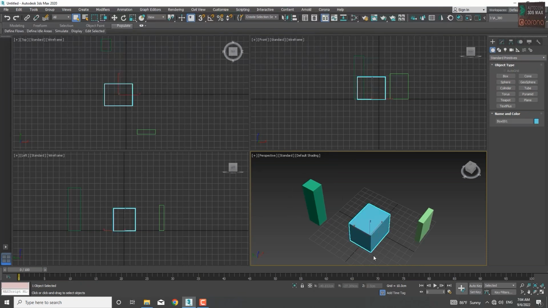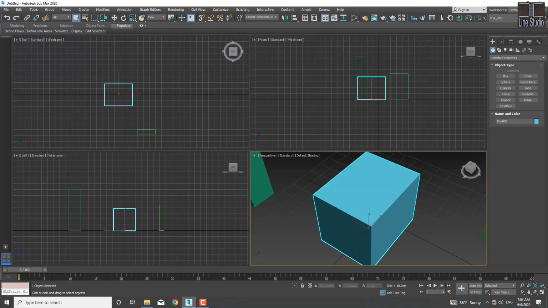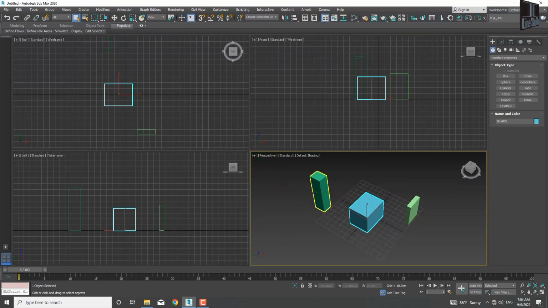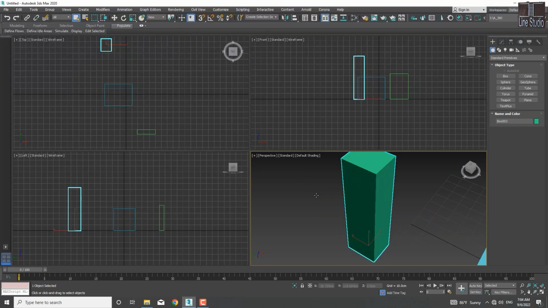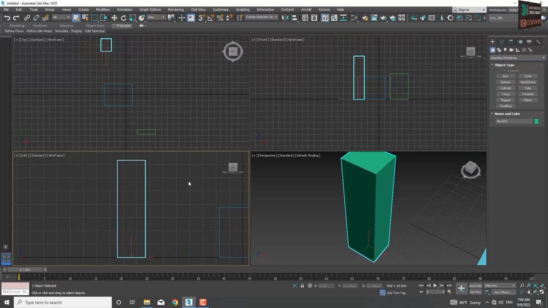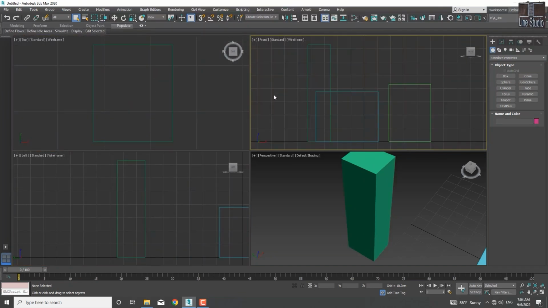But if one of them is selected and I press Z, it brings only that one zoomed in the scene. See, I select another one and press Z. Any scene that is your active scene, as soon as you press the Z key, it will display that shape for you. Well,